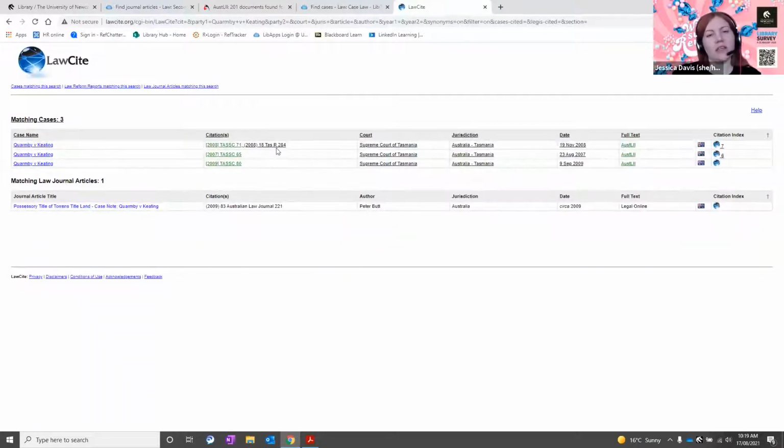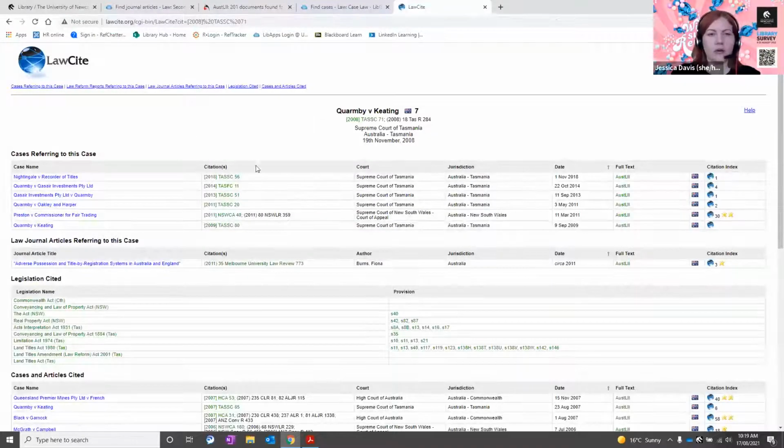This is a good example because I had the correct citation for the first case I searched for, only one came up, but because I only had the party name for this particular case, 3 cases have shown up. So I'll just use the one that was handed down in 2008 as an example.